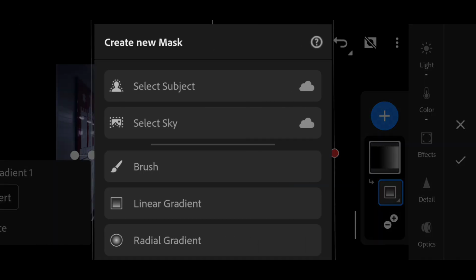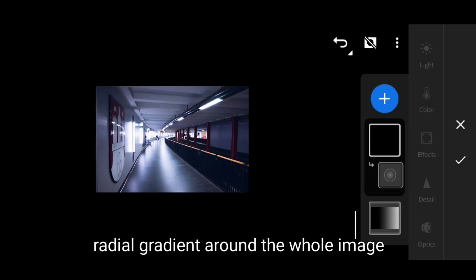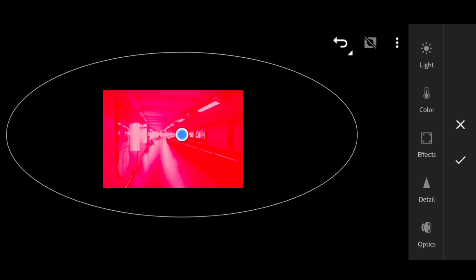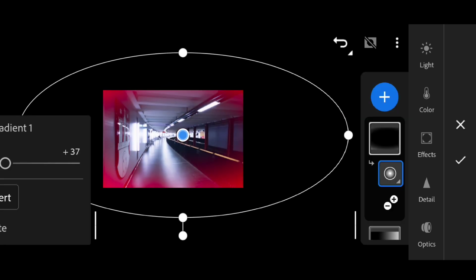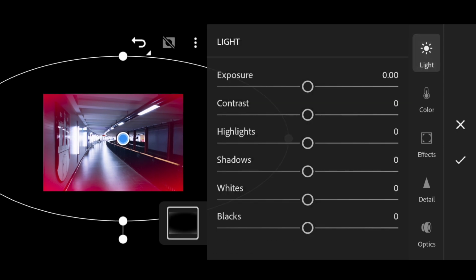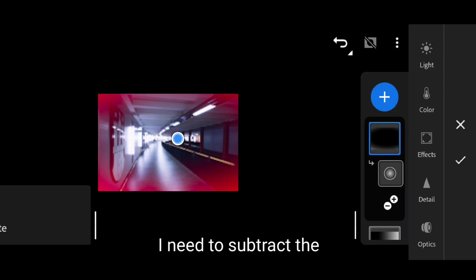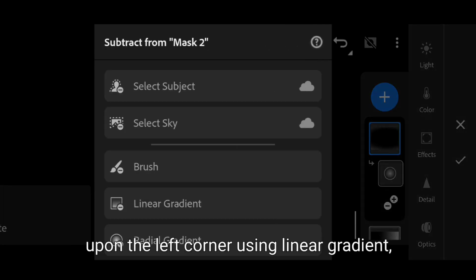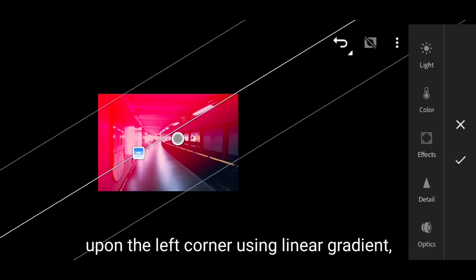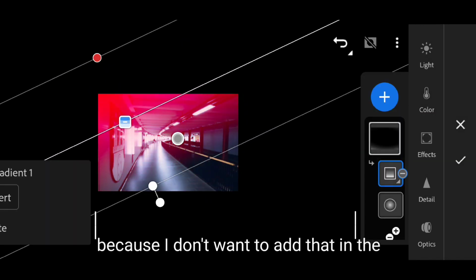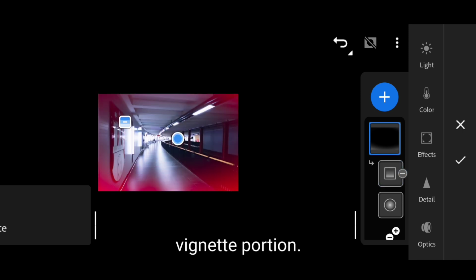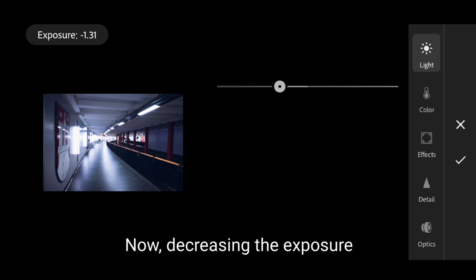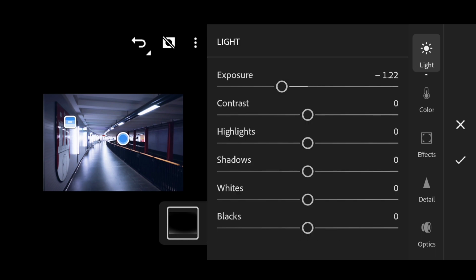Then add a radial gradient around the whole image and invert it to add a vignette effect. Selective vignetting. For this, I need to subtract the upper left corner using linear gradient because I don't want to add that in the vignette part. Now decreasing the exposure from here to here, then